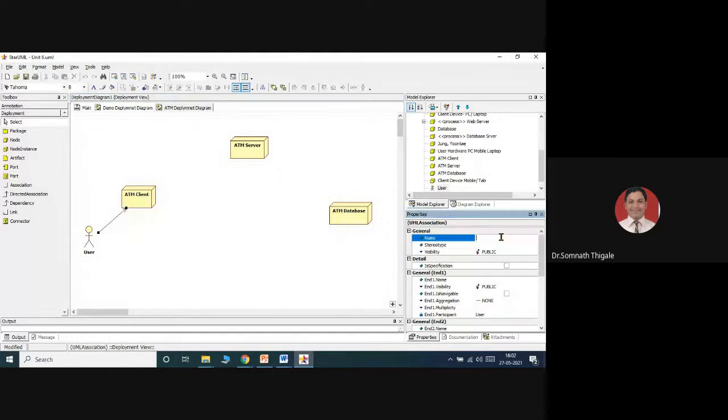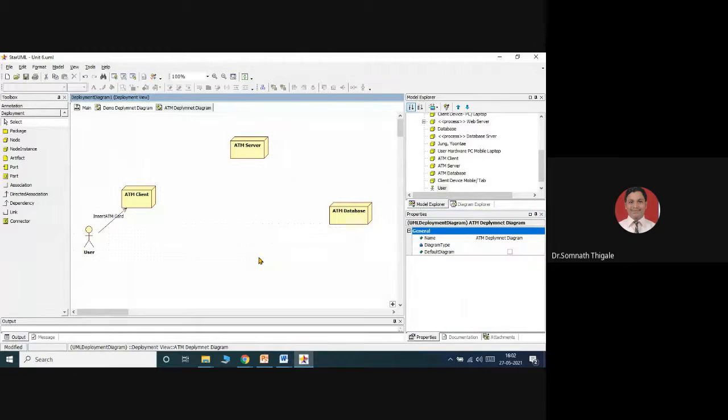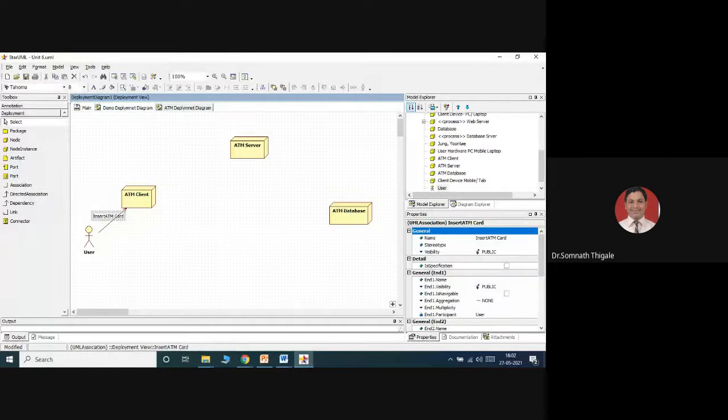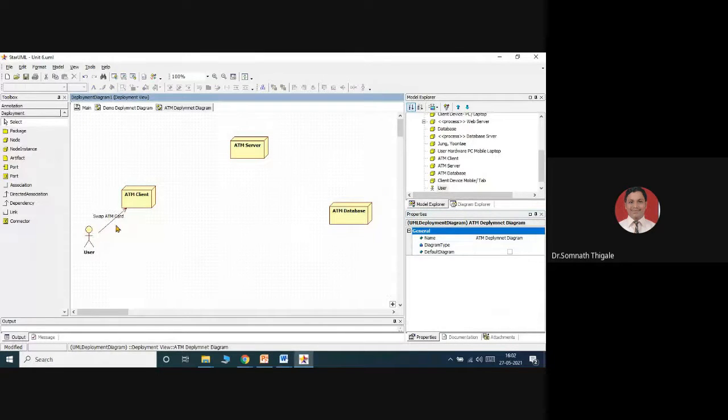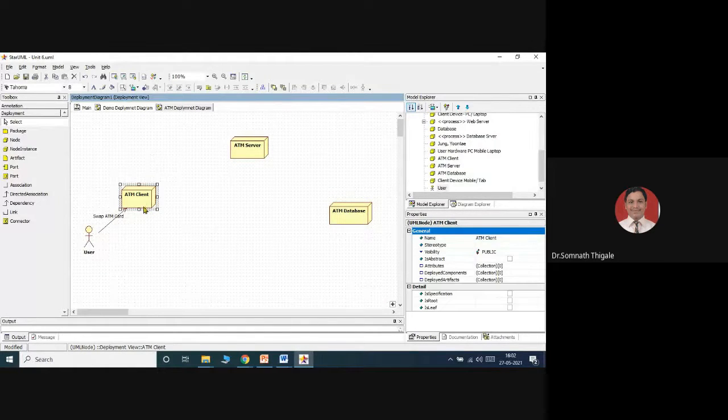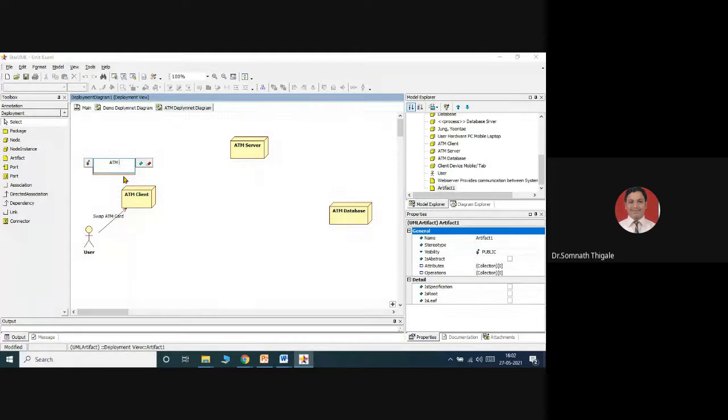So the user inserts the ATM card. I will say maybe swap, just for understanding: swap ATM card. As soon as the ATM card is inserted into the ATM client, that machine, we can provide an artifact for it. So this artifact will be that the ATM client is hardware